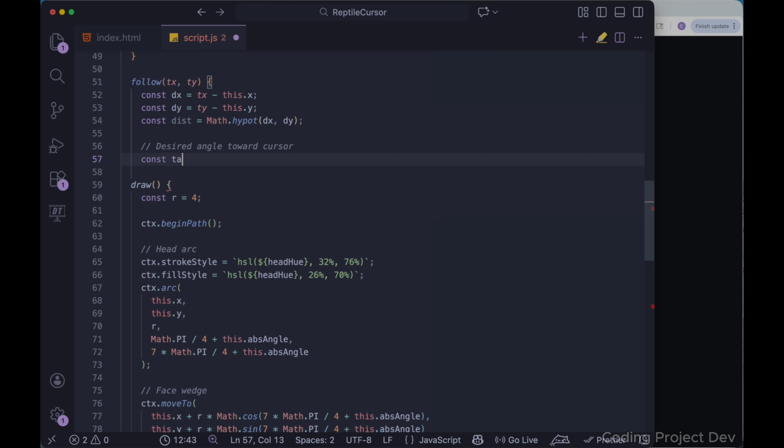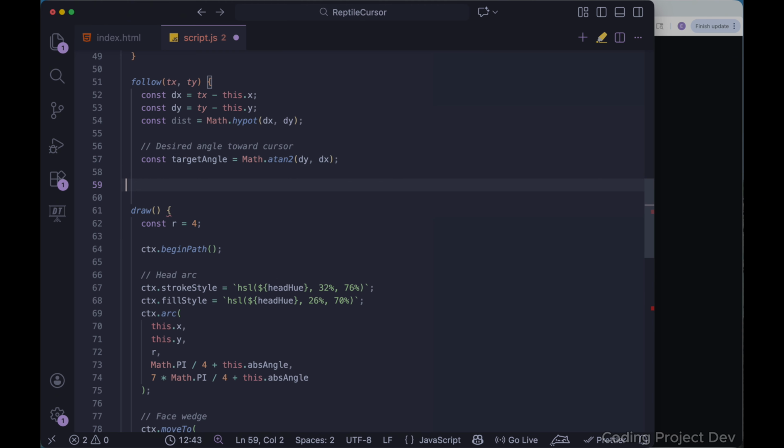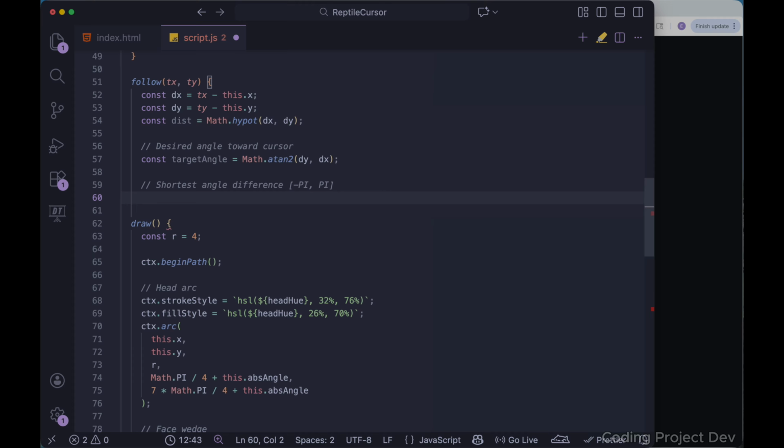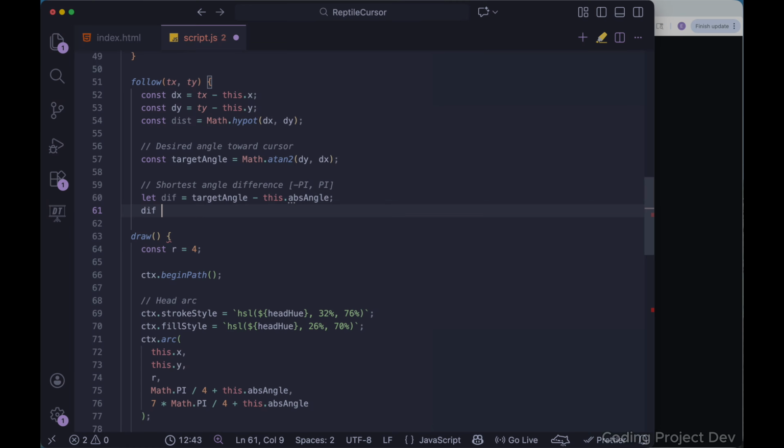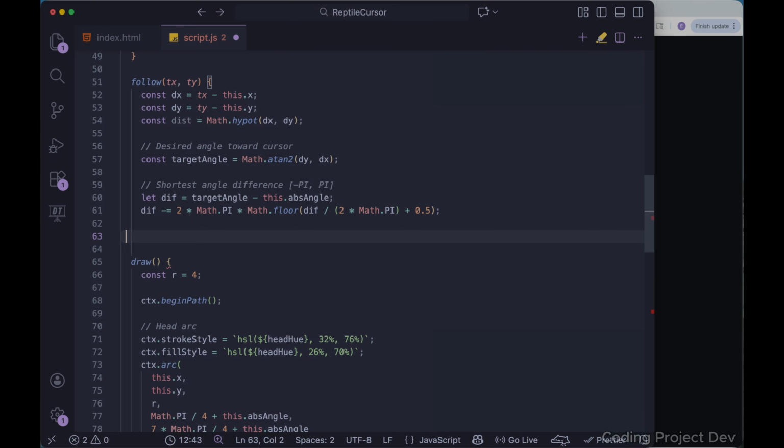So we'll add the desired angle towards the cursor, and we'll use some math here, and after that we'll add the angle distance. This will be the target angle, and after that we'll draw the cursor,